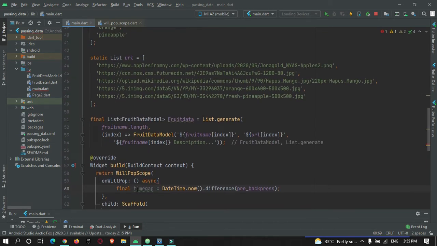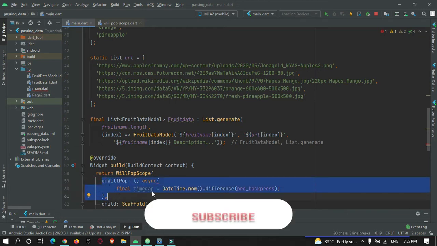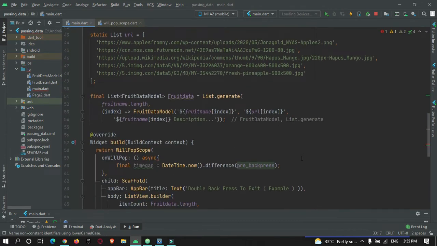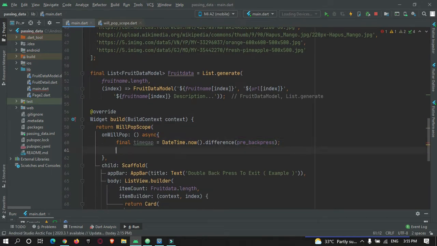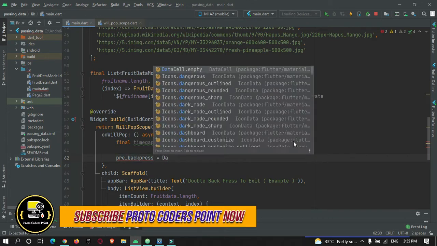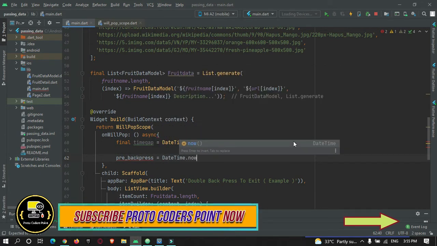Whenever a user presses the back button in your app, this function will work, and we are comparing the current time and the previous back press time over here. Do you understand now? Then previousBackPress is equal to DateTime.now().